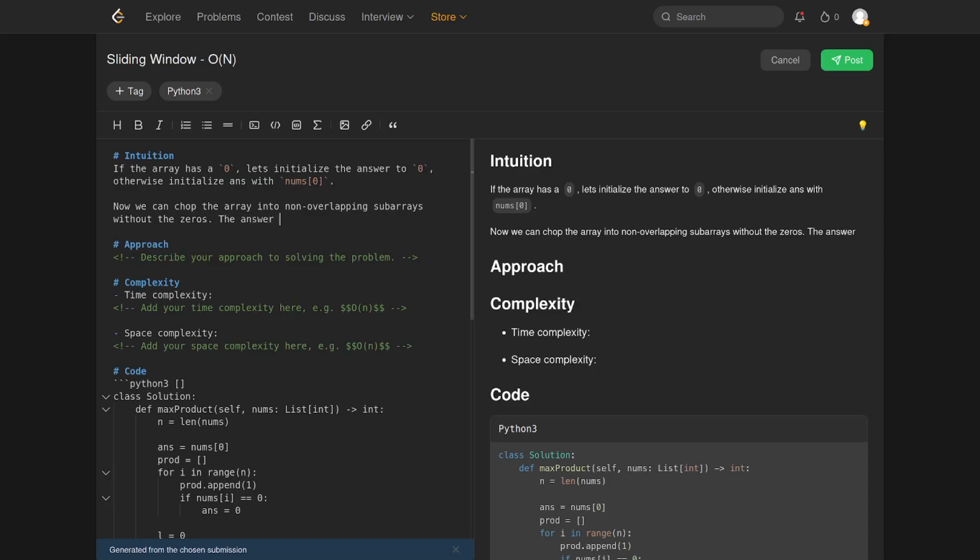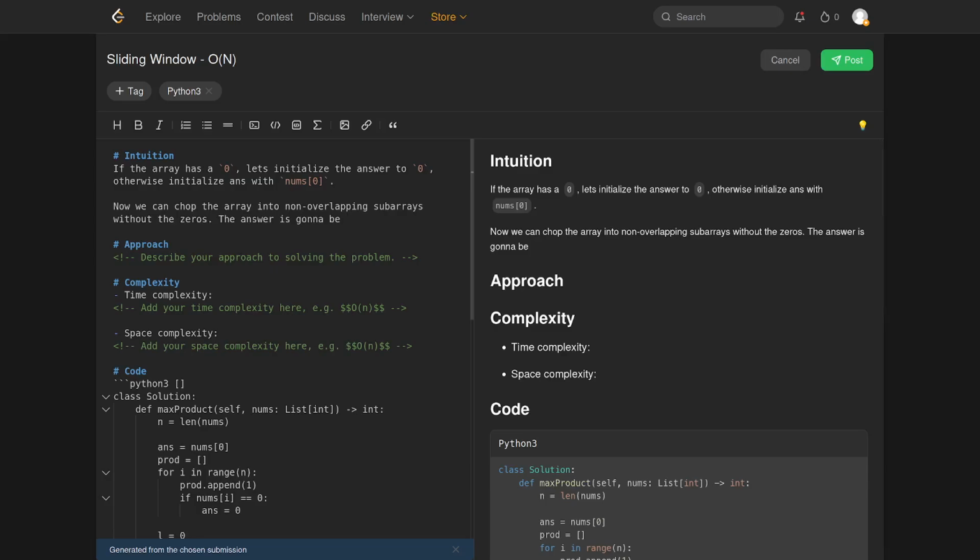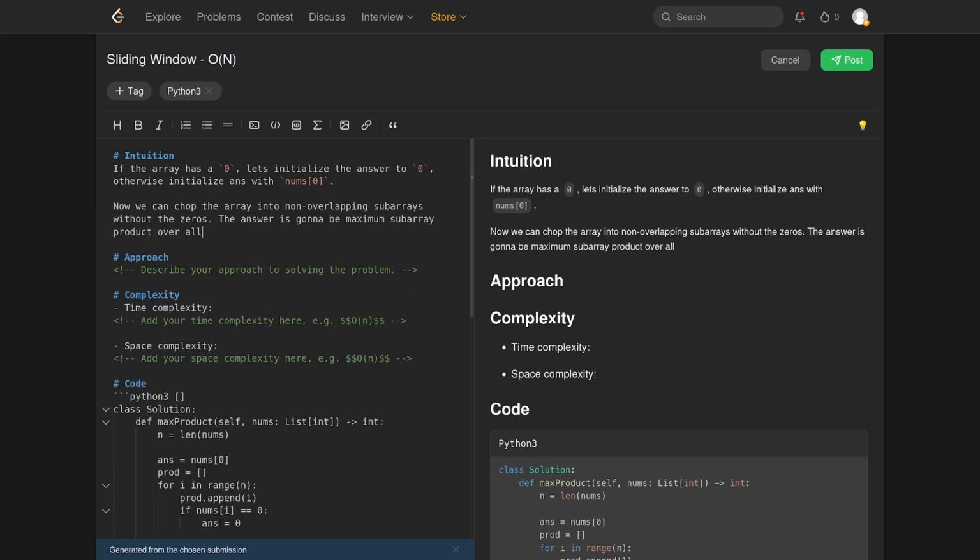The answer is gonna be maximum subarray product over all the new subarrays,